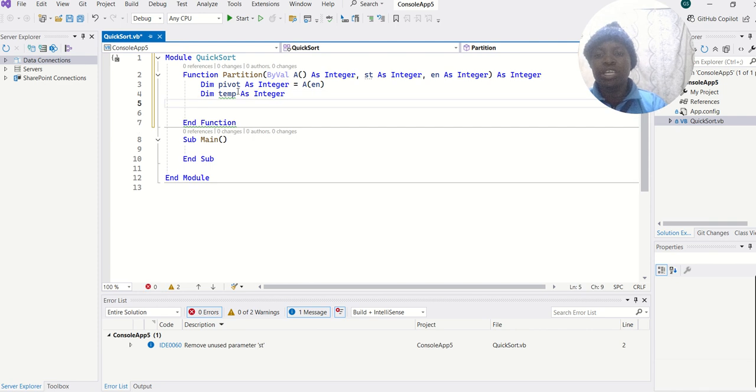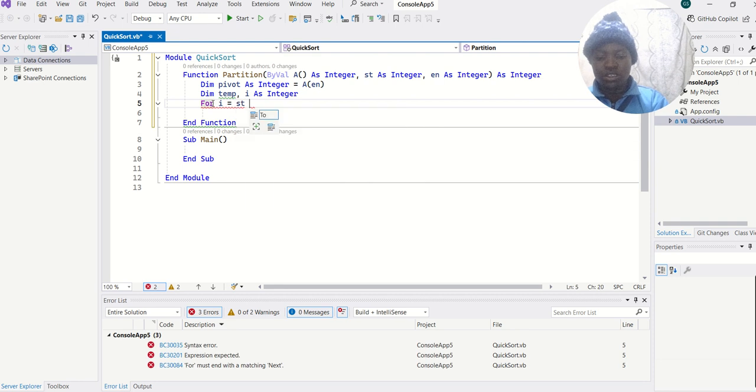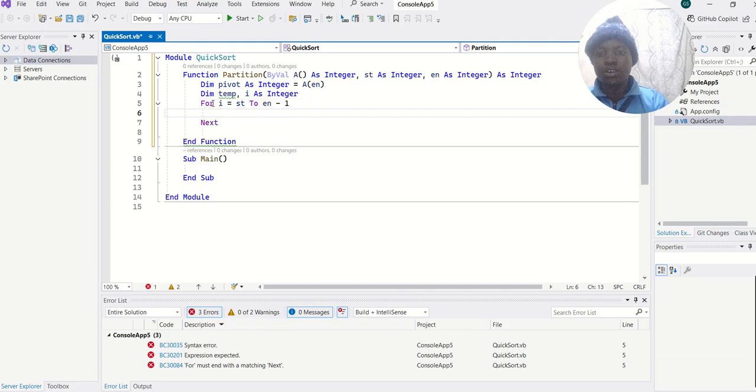We can also declare I for iteration, because we need to loop from the start position up to the end, end minus 1, because obviously we don't want to include the pivot, so it will be end minus 1. So we can now perform the iteration, right, for I equals to start to end minus 1,